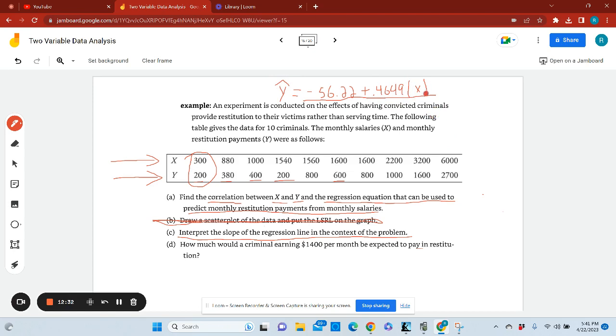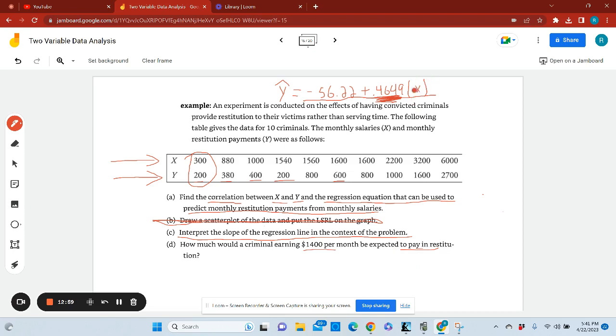All right. In other words, in every dollar increase in monthly salary, I am going to owe an additional 46.49 cents in restitution payments. Okay, so that's not so bad. That's just interpreting the slope. And then D, how much would a criminal earning $1,400 per month be expected to pay in